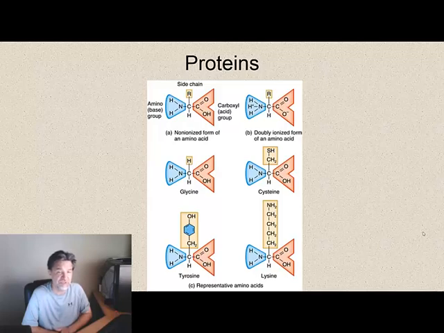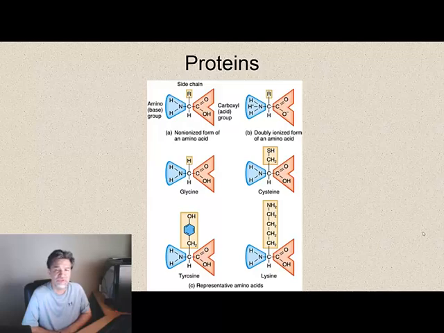And the basic structure is surprisingly similar among all of the 20 different types of amino acids found in the human body for purposes of forming a protein. You'll notice that all of these examples shown on this figure have a central carbon. We know carbons form 4 bonds, and the first bond formed from the central carbon is a hydrogen, a simple hydrogen. You'll see it below each of the carbons here on this figure. To the left of each of the carbons is an amino group, an NH2, and that's in blue. On the right side of the carbons, the third bond coming off the carbon is a carboxyl group,